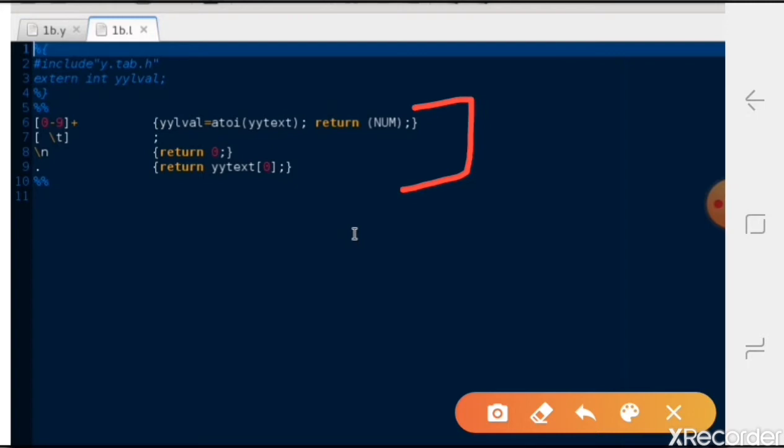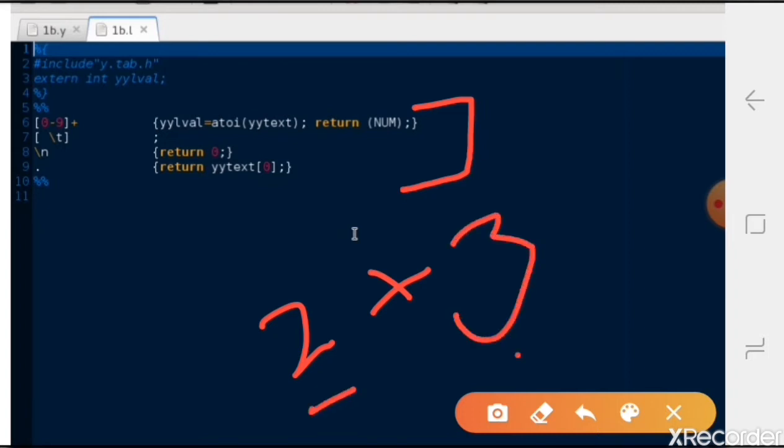Here our intention is to read the arithmetic expression: if it is given as 2 plus 3, identify the 2, then the plus operator, then the 3, then add them. So in tokenization, if I give 2 plus 3, it has to identify 2 as a number, 3 as a number, and plus as a terminal.